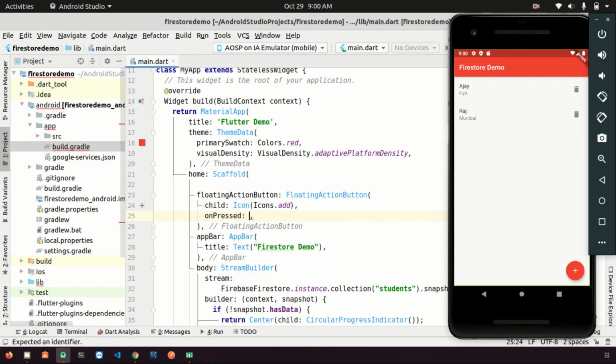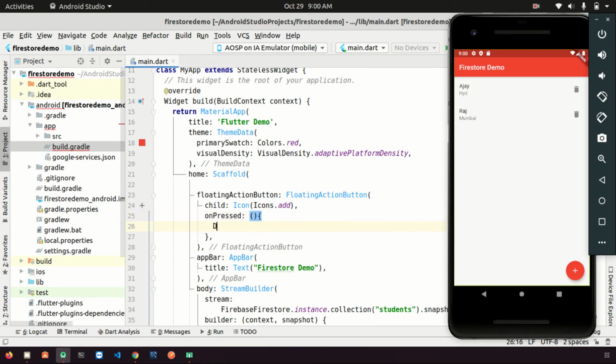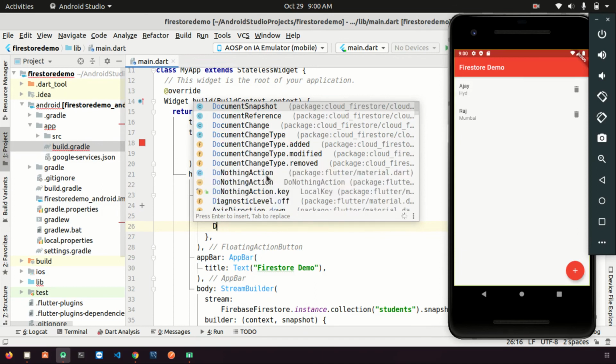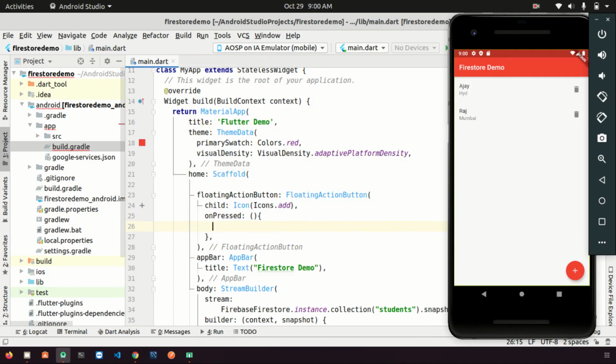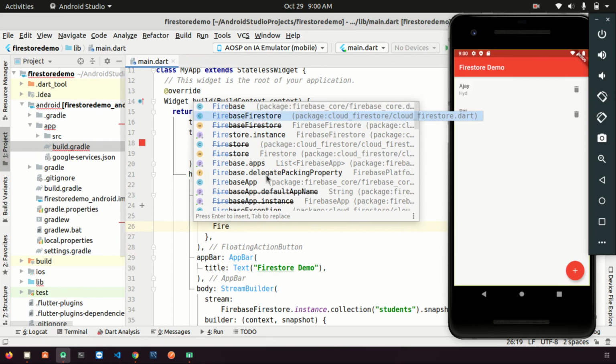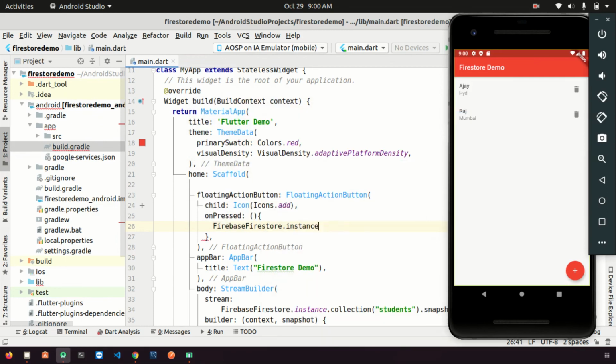On press, what I want is a document. So what I can do is Firebase Firestore dot instance dot collection. The collection is students. Then dot add. This add function takes one map object.